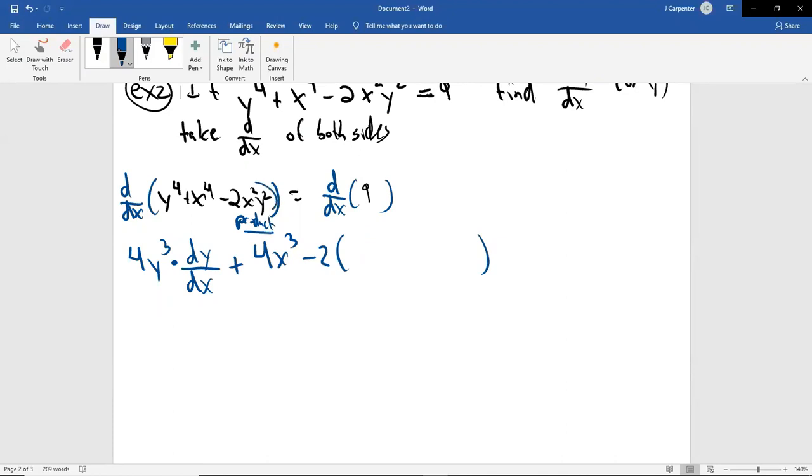This x squared y squared is a product. That's why we have to treat it so. And not only is it a product, it's a product of different variables, so one of them is going to get this implicit style differentiation. But I'm leaving the -2 in front of everything. Now, I like to go second times derivative of the first, excuse me. But I'm just going to write them in the opposite order. So the first times the derivative of the second.